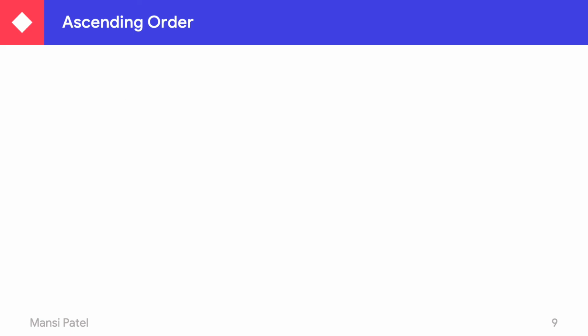Let us see the ascending order. In ascending order, we have to write down first the smallest number and then move on to the greatest number. So in ascending order, we write the smallest number first and then move towards the greatest number. In these four numbers,